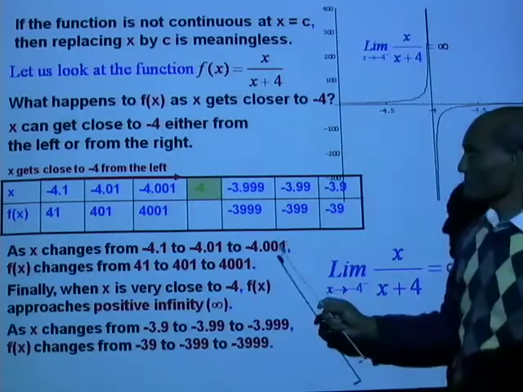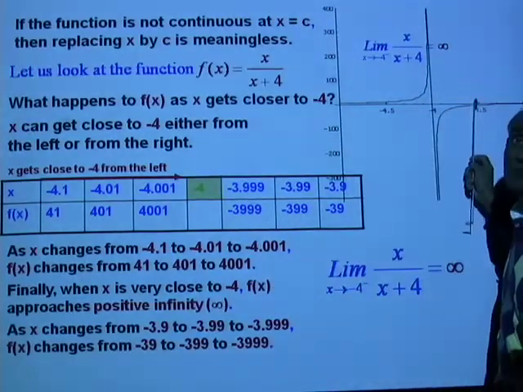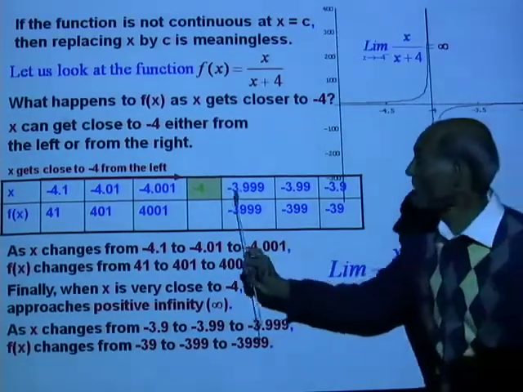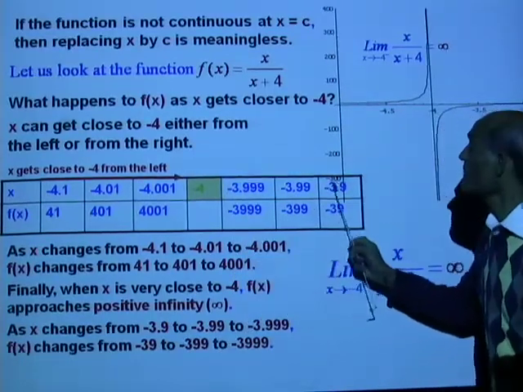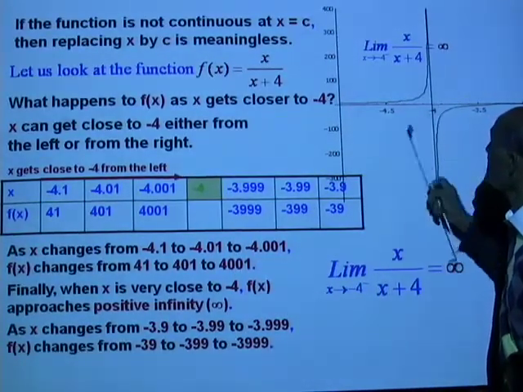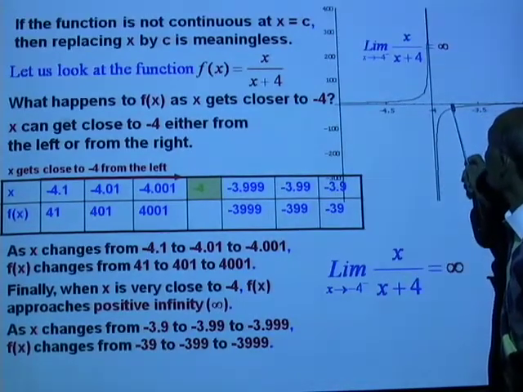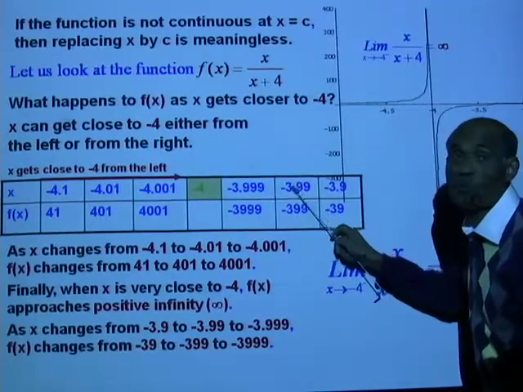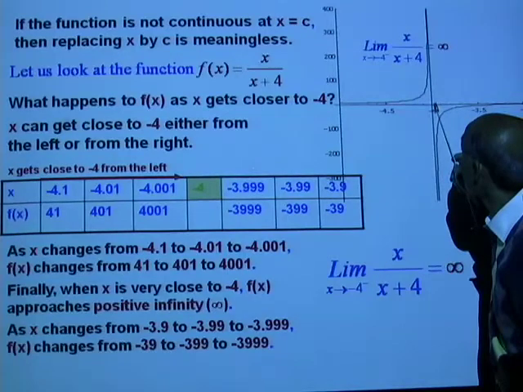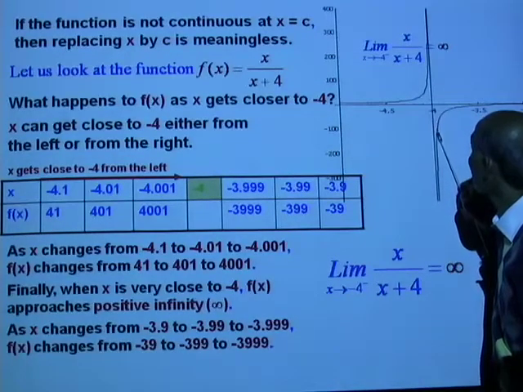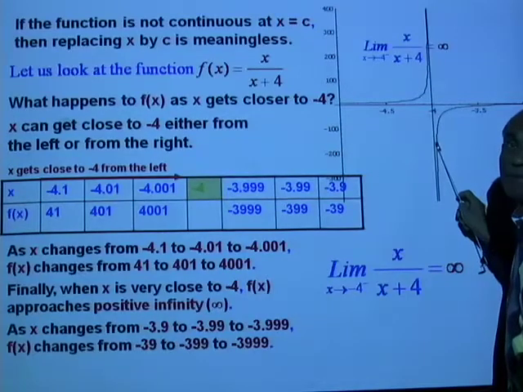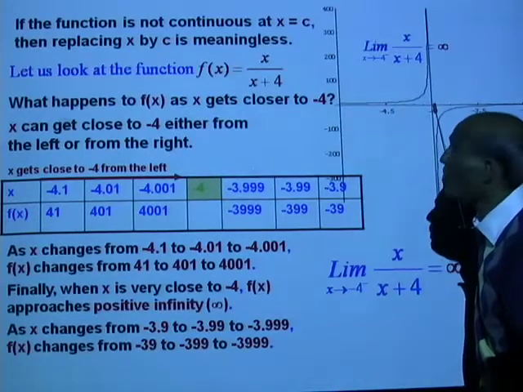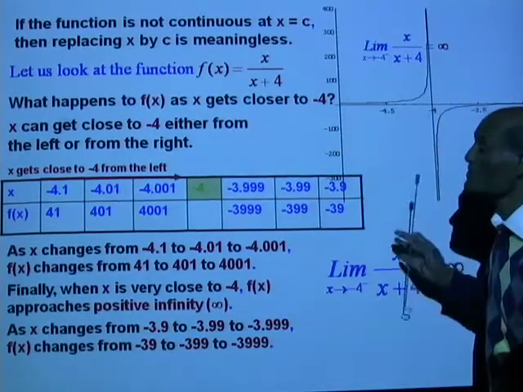All right. Now let's go to the other side. What happens when x gets closer and closer to -4 from the right? Let's start with -3.9 here. When x equal to -3.9, the output is -39. Here, that's -39. When x equal to -3.99, that is very close here. The output is -399. When the input is -3.999, very close to -4, the output is